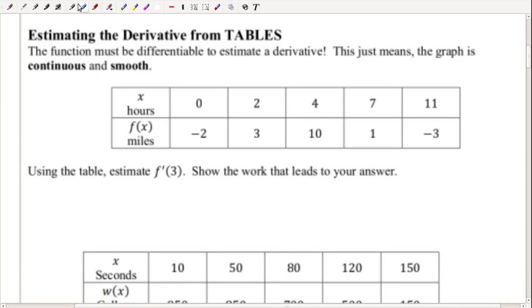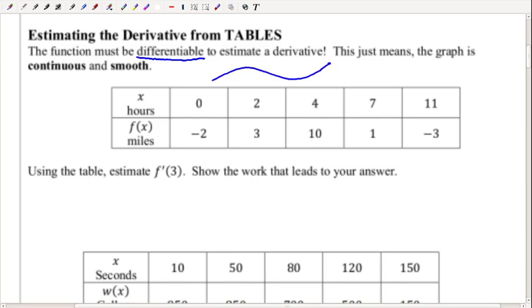In order for this to be possible, the function must be what we call differentiable. And you're going to see a formal definition of this in the next lesson. We're actually going to connect continuity with differentiability. But really, all you need to know is that differentiable means the derivative exists. And in order for the derivative to exist, our graph has to be continuous, so no breaks, and it has to be smooth, so no funky corners or anything weird like that. So continuous and smooth on the interval where we want to take the